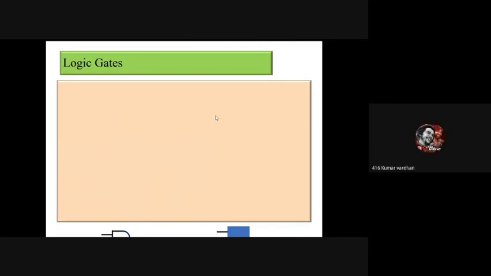Ma'am, is tomorrow's class there? Tomorrow is Sunday, no class. Tomorrow is off, but Monday and Tuesday, next week, your regular classes will be there. Exams are going on, so those faculty have invigilation duty and will substitute their classes, but we will conduct regular classes. Till now that is what I know. If any changes are there, we will convey.